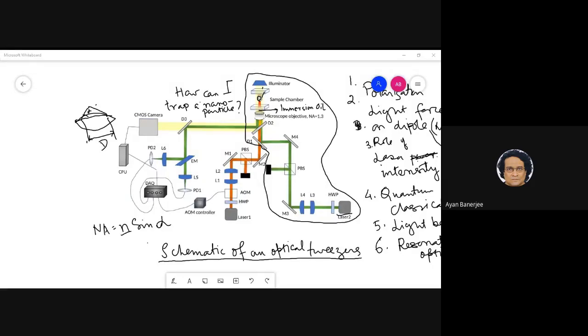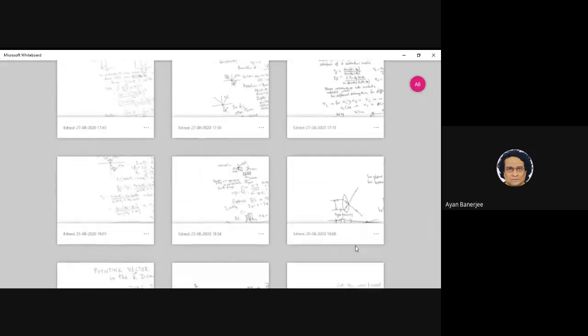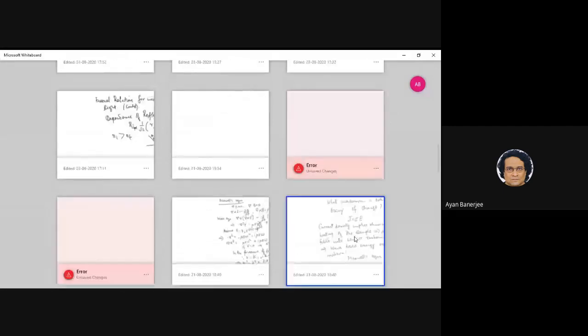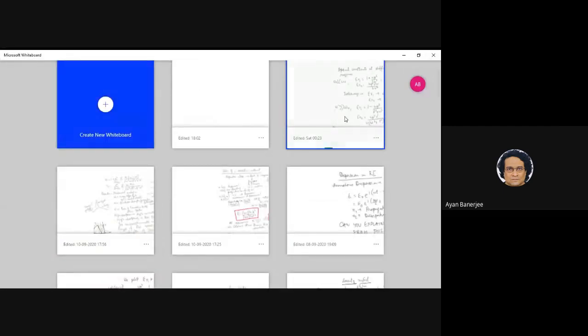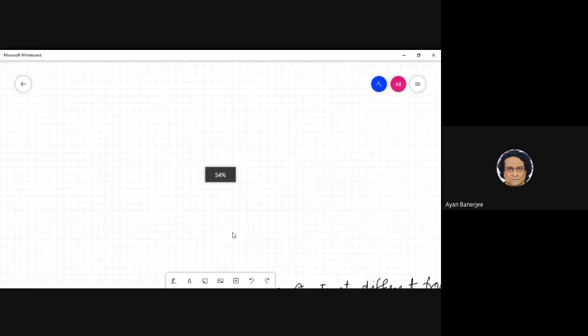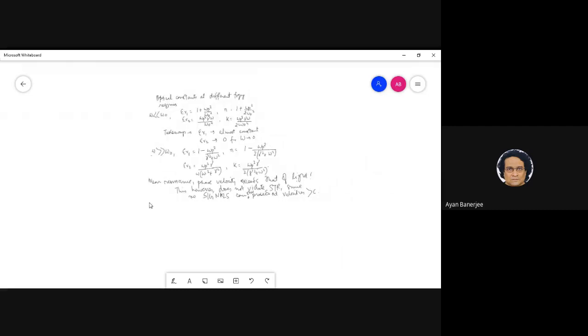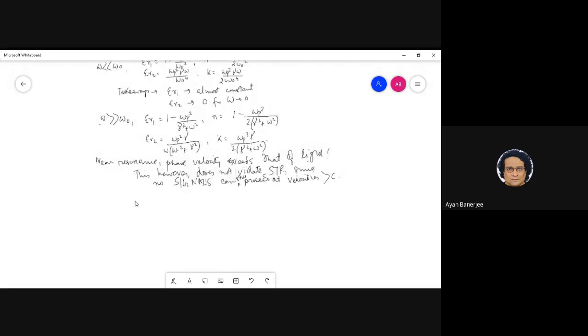And the last class, what we did essentially was, if I just go back, we stopped at, yeah. So essentially, we just wrote down the optical constants at different frequency regimes, and what we finally ended with